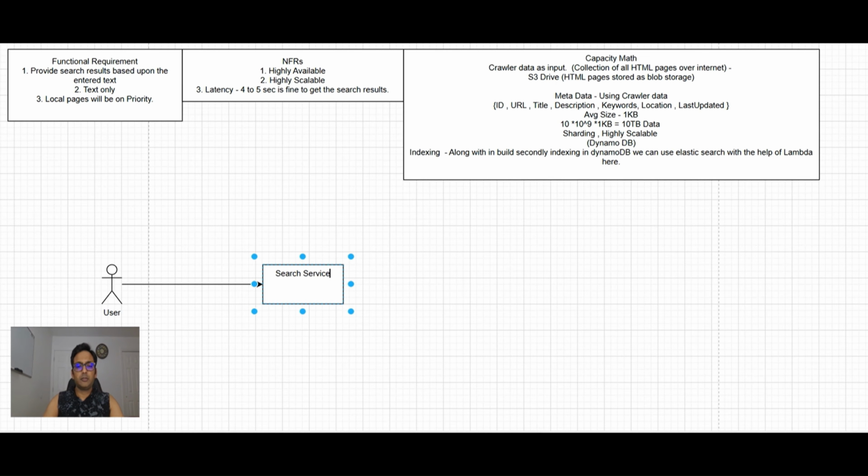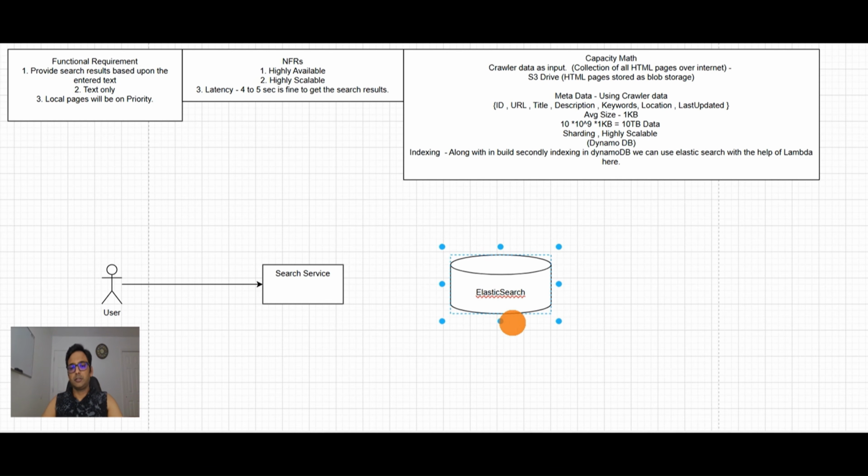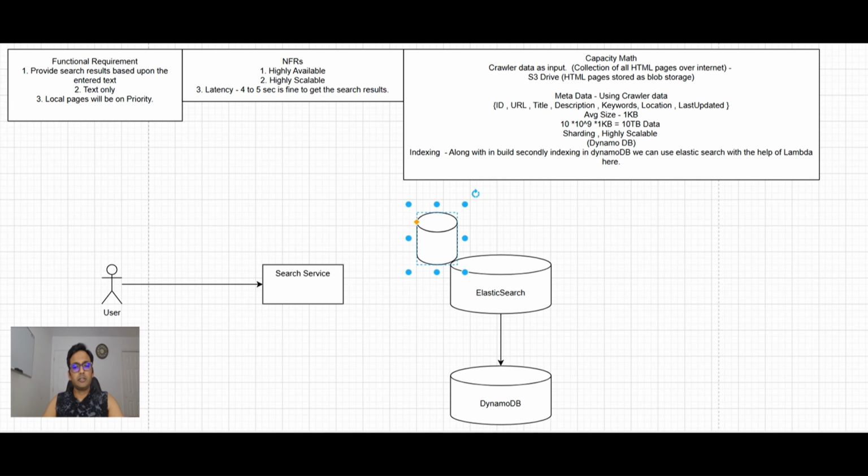And what search service will do, search service will look in the database, and that is the Elasticsearch DB, and which will be having a DynamoDB, and there will be another database that will be the S3 drive, which will store the HTML pages collected by web crawler,